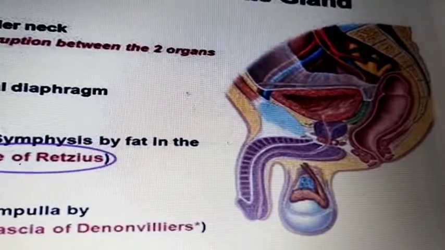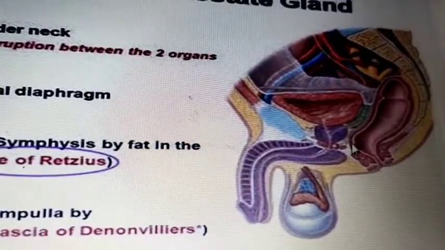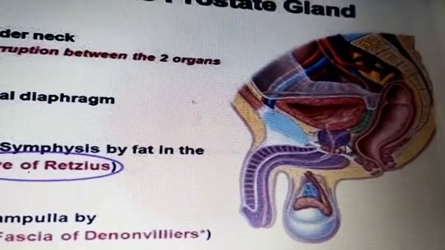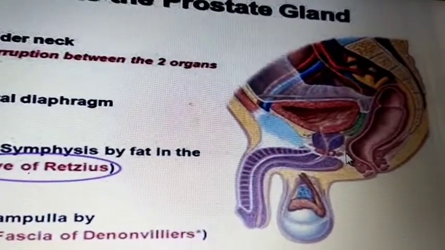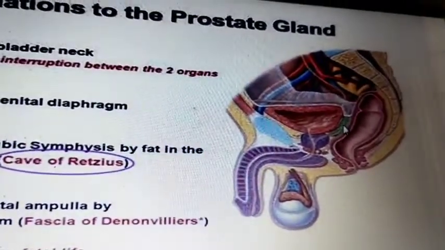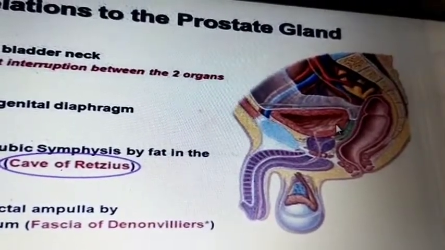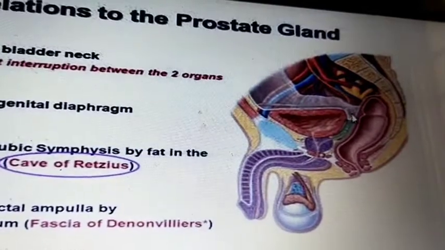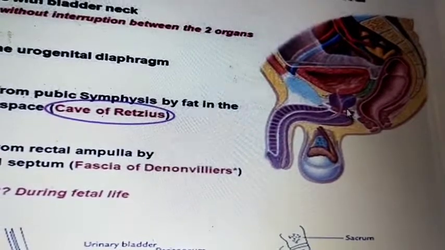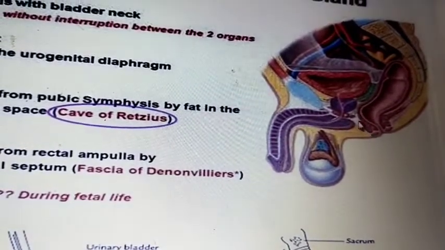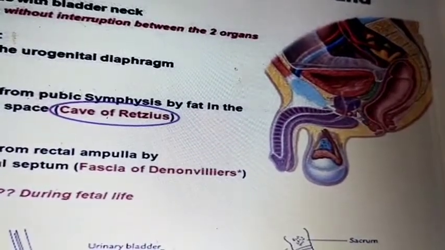This is the rectum, and this is the anal canal. This much is anal canal, up to this, and this is the ampulla of the rectum. Here it is covered by the Denonvilliers fascia. These are the seminal vesicles. This is a vesicorectal pouch. Here you can see the levator ani muscle. This is the internal sphincter, and here the levator ani muscle is there.